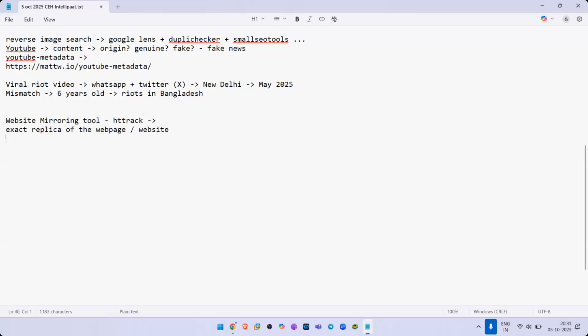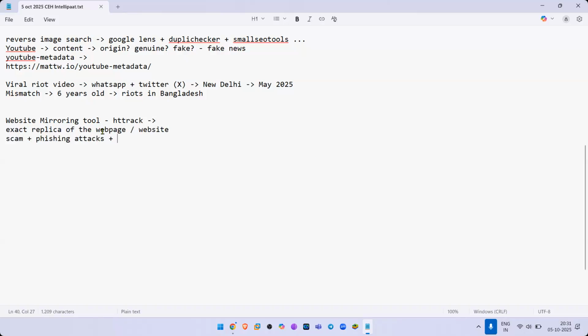Why would somebody want to create an exact replica of somebody's website? What could be the purpose of that, guys? Please tell me. I want to create an intellipaat.com website. I want to replicate the whole website. So one purpose could be scamming people, to perform phishing attacks. Very good. Any other reasons?